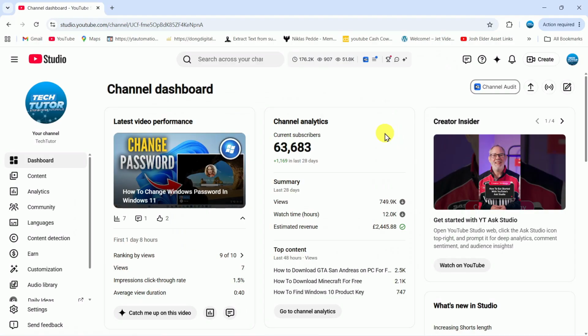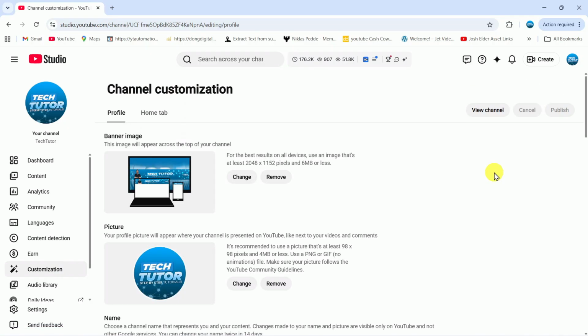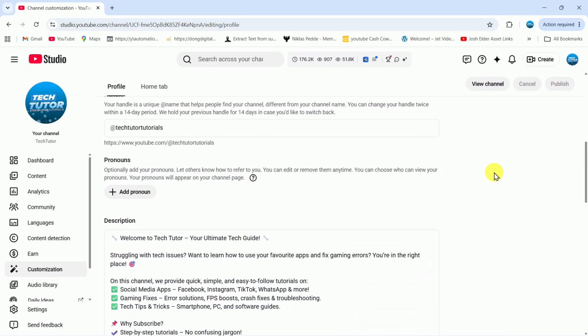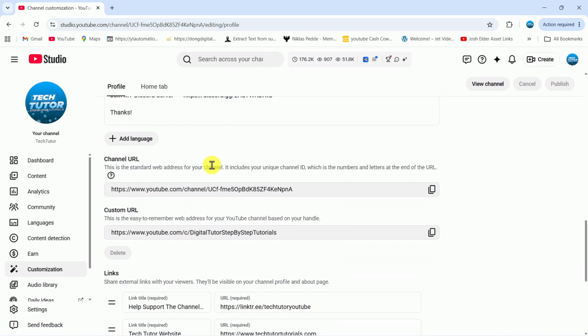Now, once you're in your studio, what you need to do is come over to the left-hand side and click onto customization. From here, scroll down until you get to your channel URL, so this is actually your unique channel ID and your channel link. You've also got a custom URL here as well, so you can use any of these, which is basically your channel link. You can see there's a copy button, so we can click the copy button,